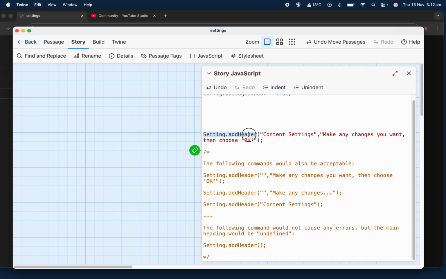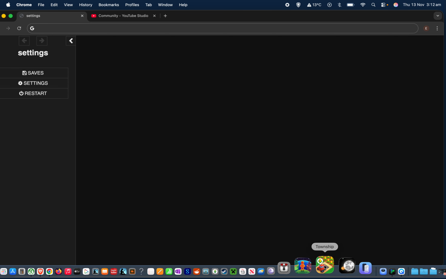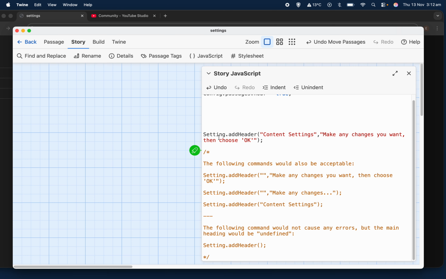We go setting.addHeader. So setting is a capital S. And note that it's setting, not settings, even though this button is settings plural, we're doing setting singular. Setting.addHeader, and the S has to be a capital and the H has to be a capital, and nothing else